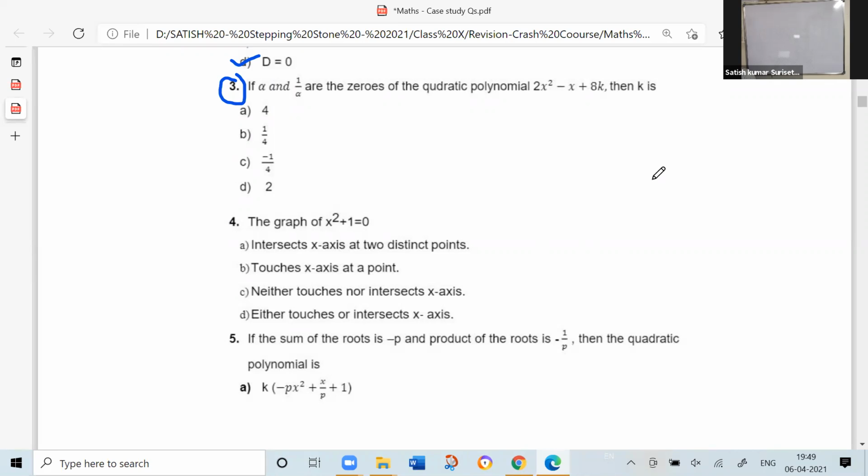Now, here, can you tell me what concept you should apply to get the k value? Relation between roots and coefficients of the quadratic equation. No, specifically what you want to apply. Alpha beta equals C upon A. That means the product of the zeros. So calculate and tell me your answer now. Fast.